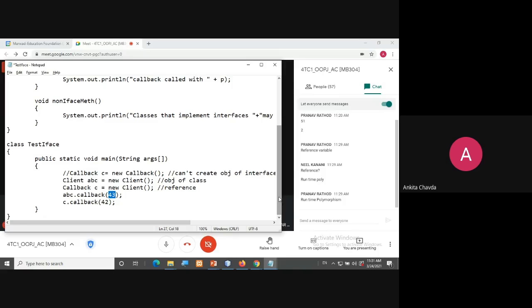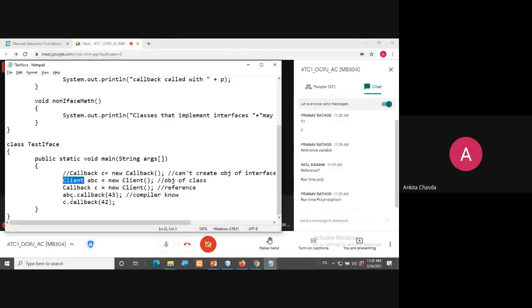Same thing, but here the compiler doesn't know which method will be called because I'm invoking it via a reference variable, right? The compiler already knows this one, because this binding is there at compile time. Why? Because ABC is the object of client.